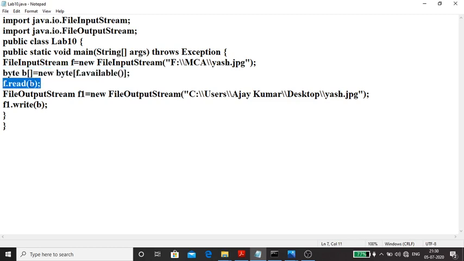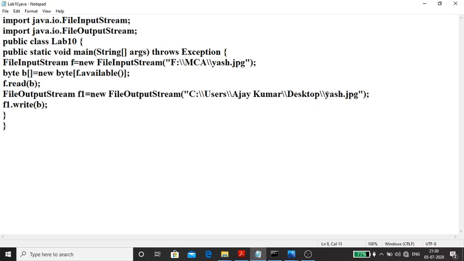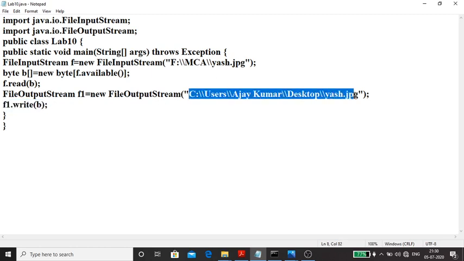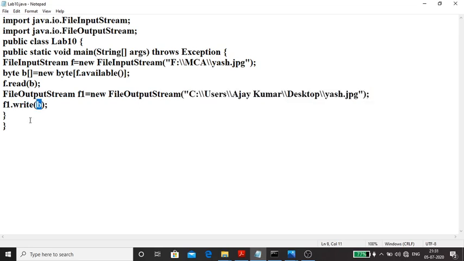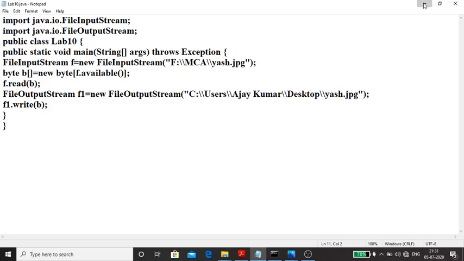It will start reading and be saved within b. Next, one more reference for the image that will be created in the desktop, with the name f1. Once I call f1.write, it will start writing into this location with the name s.jpg one more time, whatever is present within b. Simple. I'll save this one and run it.